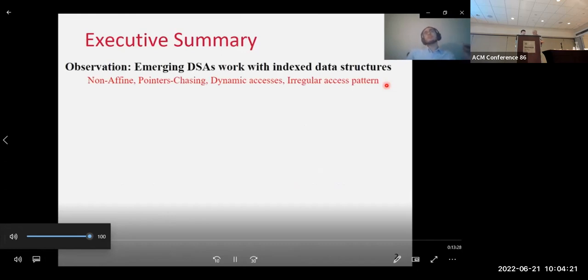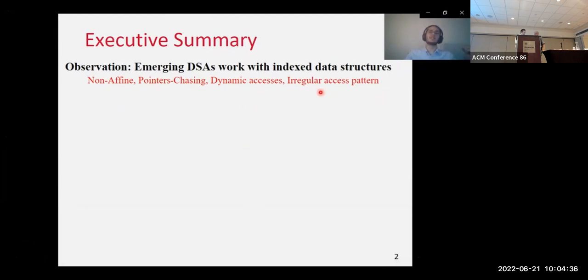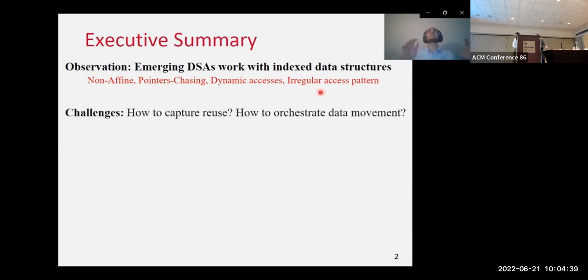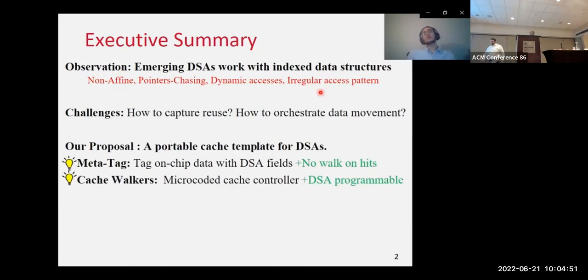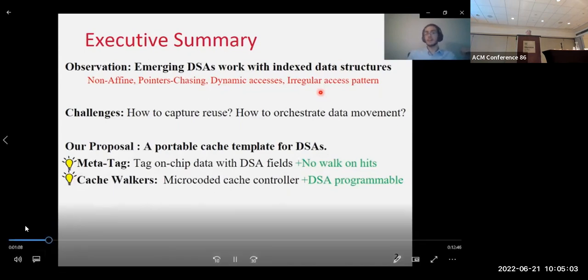So the key observation that we made during this research was that emerging DSAs work with index data structures. It means that they have to handle non-affine data structures, pointer chasing, dynamic accesses, and irregular access patterns. So the main challenges are that, first of all, they have to know how to capture the reuse and how to orchestrate the data movement. That's why we're proposing Xcache, a portable cache template for DSAs. Our two main contributions are that, first of all, we're using DSA fields for tagging data on